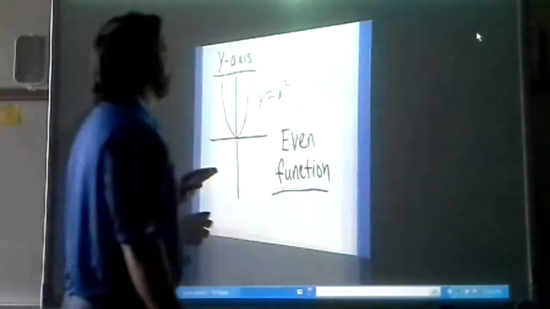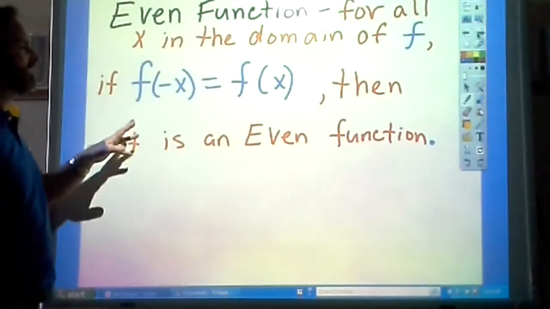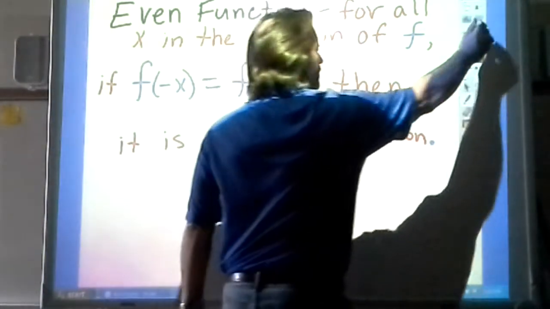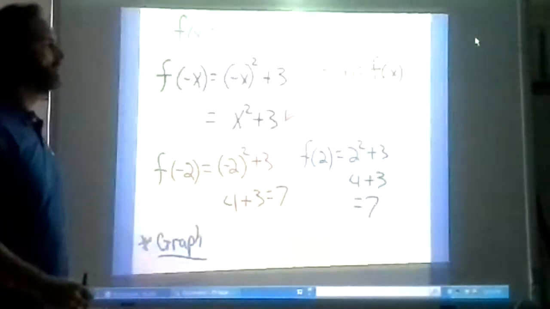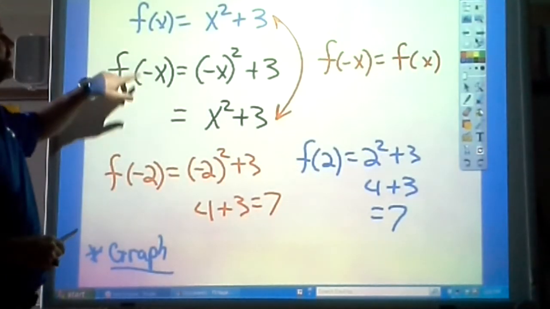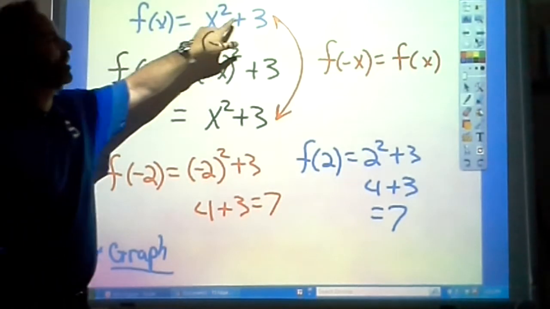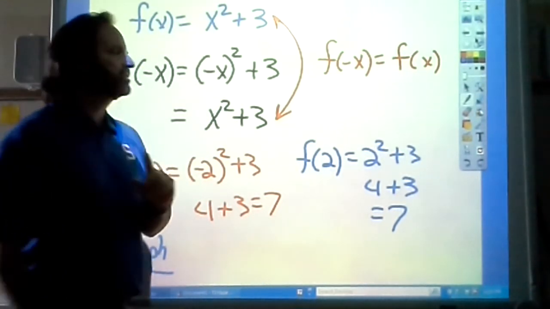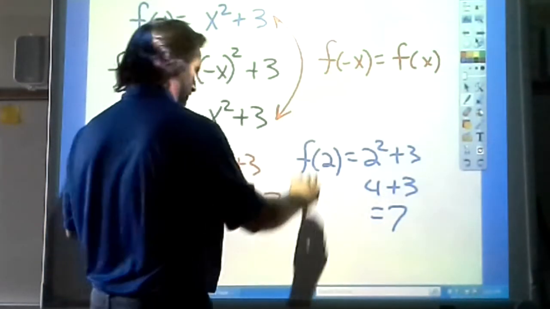Here's an example, going back to this. So that's an even function. In parentheses, f of negative x equals f of x. I'm going to show you two ways. The easiest way really is just plugging in a number. But here, notice, here's f of x equals x squared plus 3. That's just a parabola that's shifted up. So if you saw that on a graph,